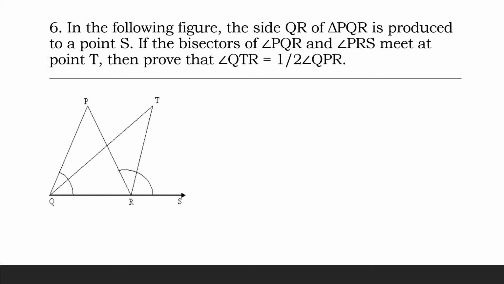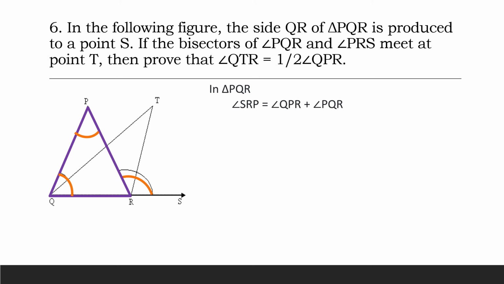See the triangle PQR. Now see this angle PRS. That is equal to the sum of the two interior opposite angles. So that is these two angles. Let us write this in triangle PQR. Angle SRP is equal to angle QPR plus angle PQR.